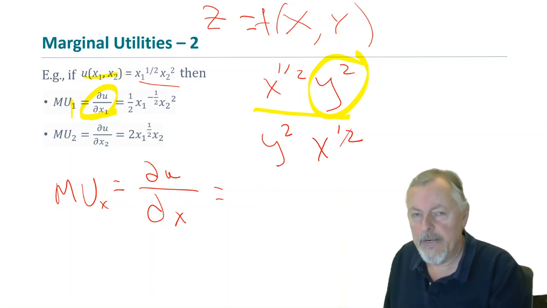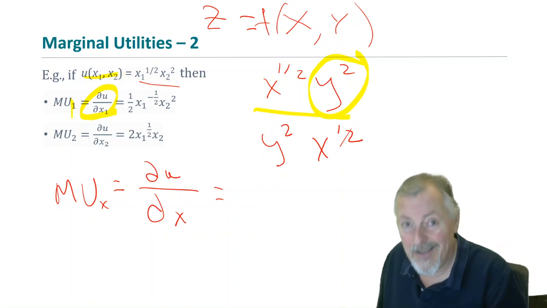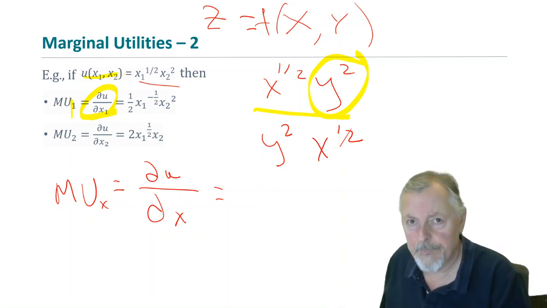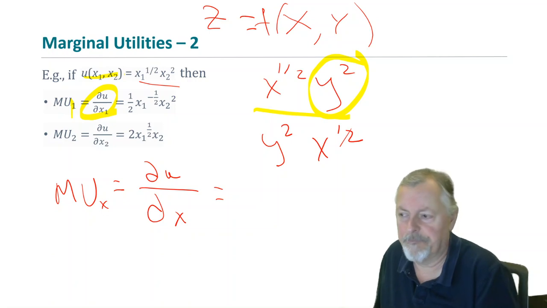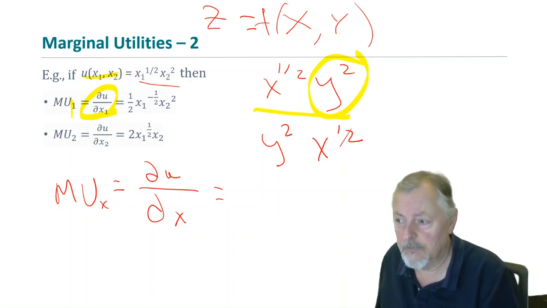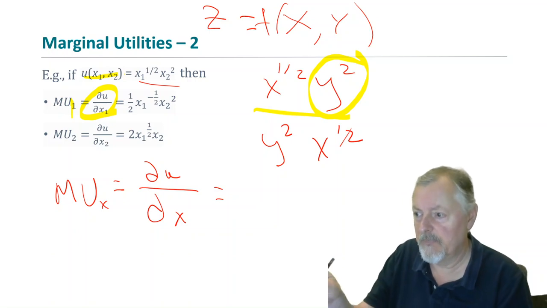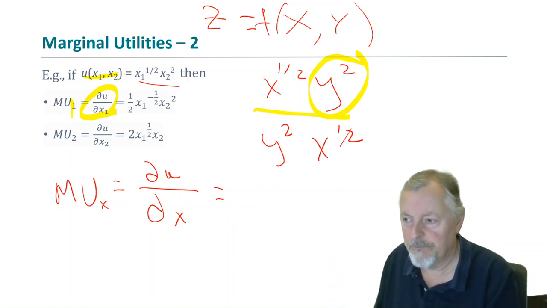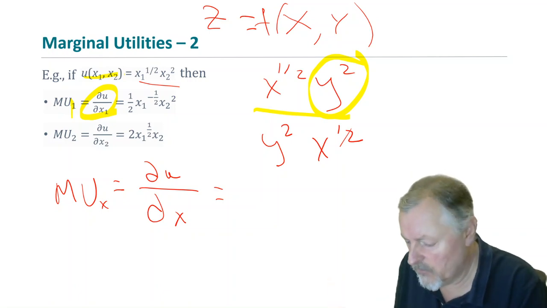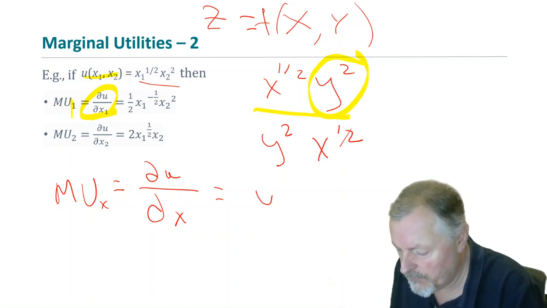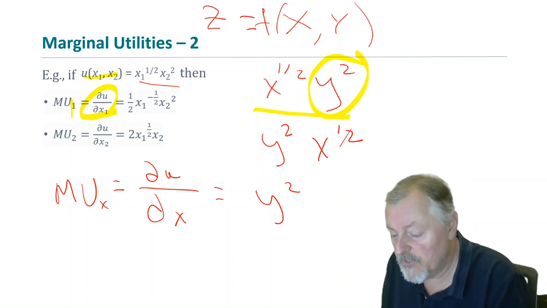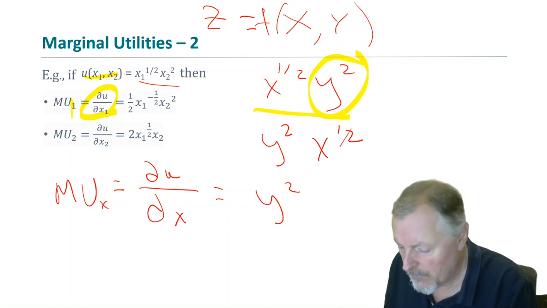All right, what is the derivative of a constant times x to the 1/2? Well, if y squared was 3, then it would be 3 times the derivative of x to the 1/2. The constant just goes along for the ride in this case. So it'd be the same thing. The derivative would be that constant